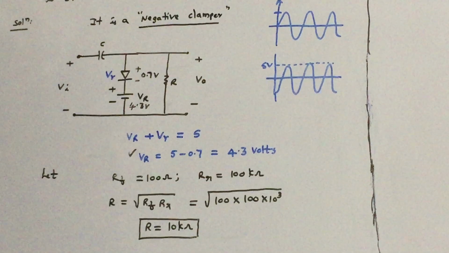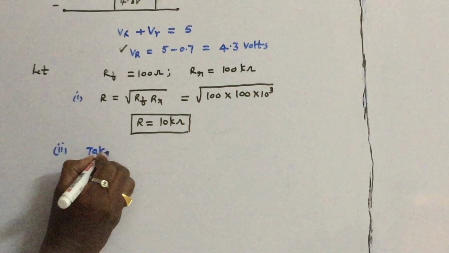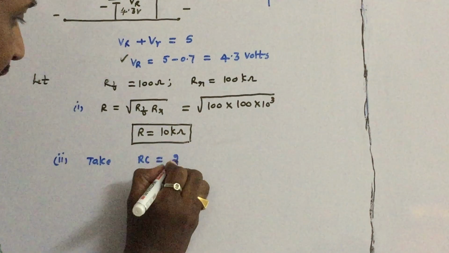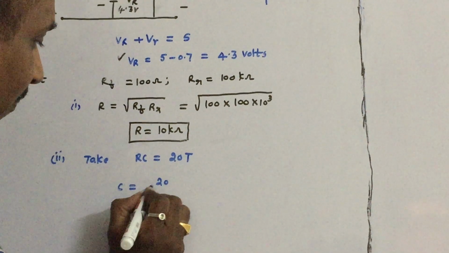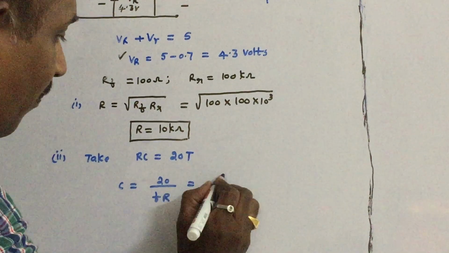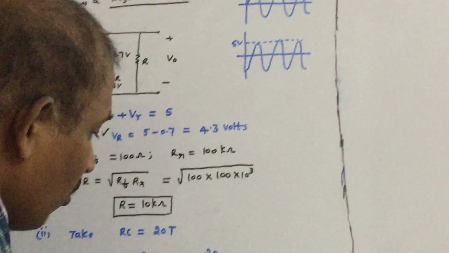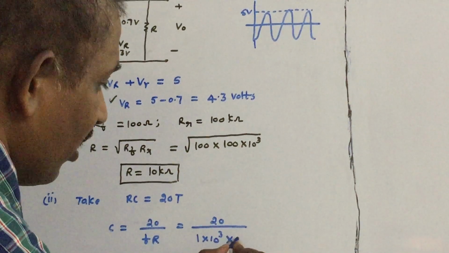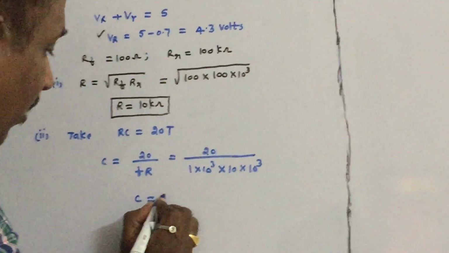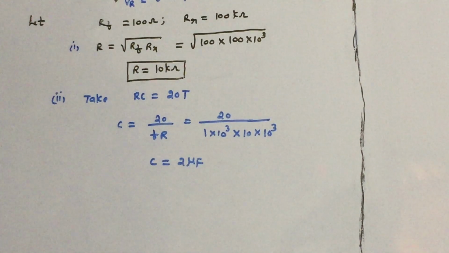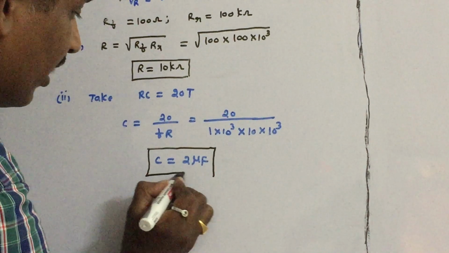So what is the next formula we have to take? Take the time constant of the circuit: RC is much greater than 20 times T. I want to calculate the capacitor value, so C is 20 by F into R. What is the input frequency? It is given as 1 kHz, so 1 into 10 cube. What is the resistor value we got? 10 into 10 cube. So the capacitor value will become 2 microfarads. These are the values we have to take in the circuit,